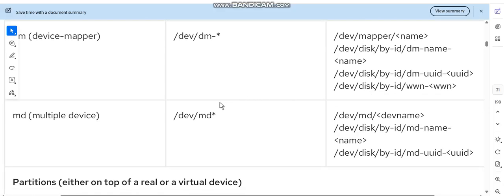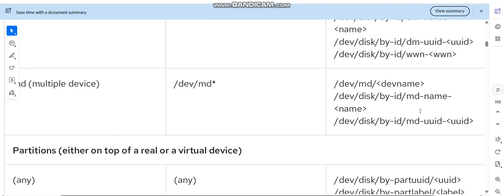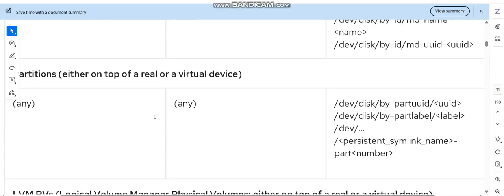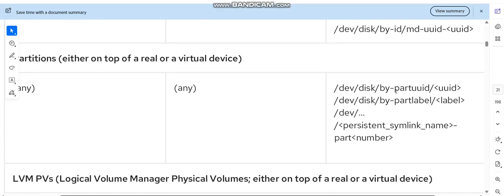MD multiple device, /dev/md*, /dev/md/<devname>, /dev/disk/by-id/md-name, /dev/disk/by-id/md-uuid. Partitions, either on top of a real or a virtual device, any /dev/disk/by-